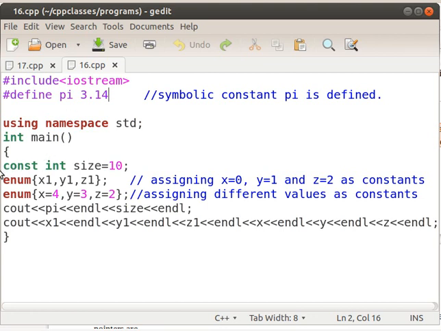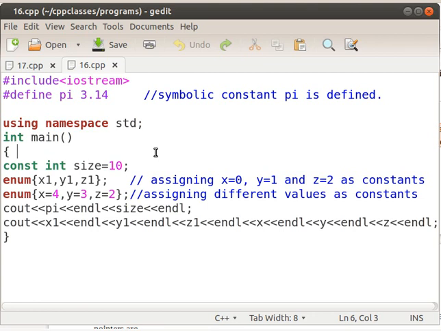The next method is to define it as a constant, using the keyword const. Const int size equal to 10 means we are defining a constant integer variable of size 10. The value of the variable size is 10.